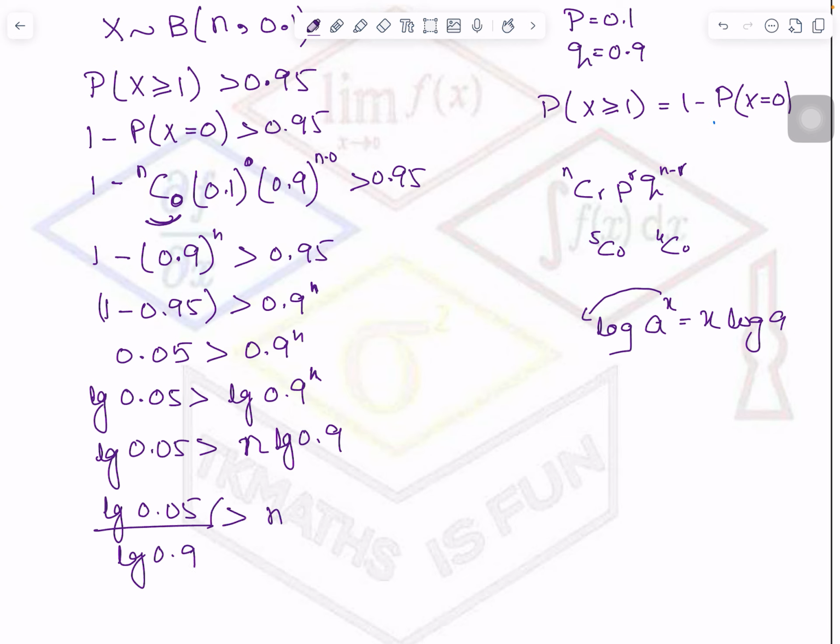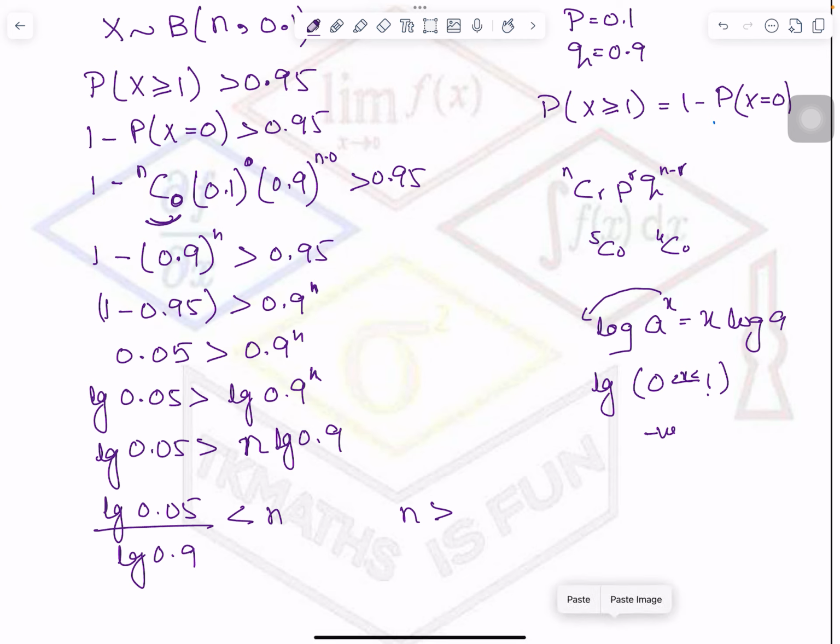Now this symbol is not greater here, it will reverse. You know why? One thing I would like to tell you about log here, whenever the number is between 0 and 1, these values are excluded, right? Whenever it is in between, the log values are negative. So when we divide by a negative value, the sign of inequality reverses, right? You have that knowledge. So now the sign will reverse, and I will get n is greater than